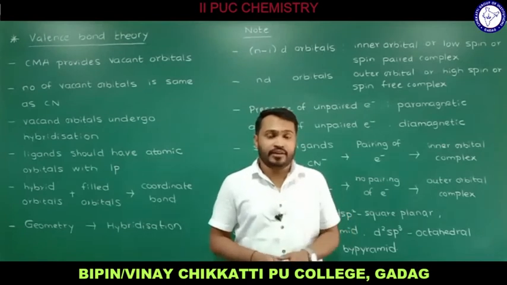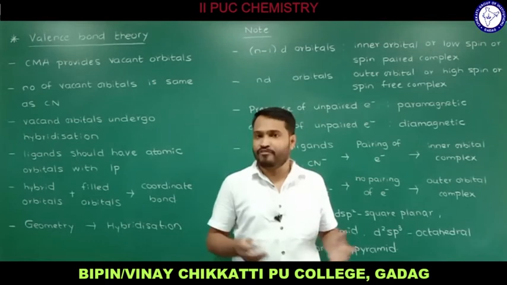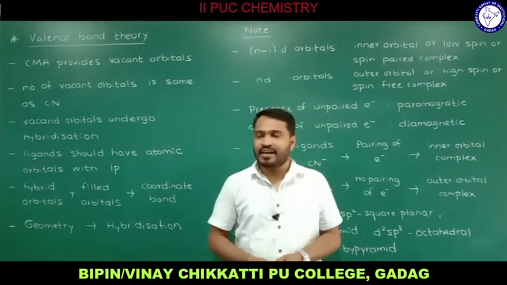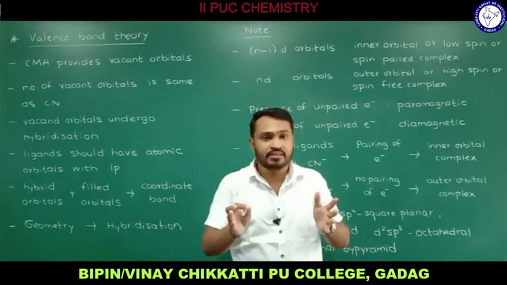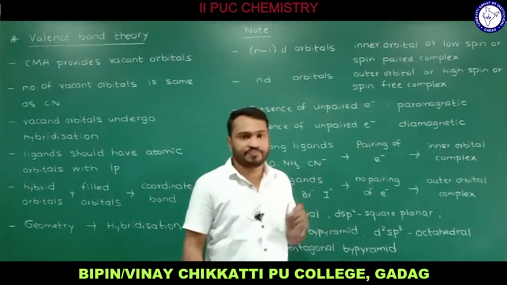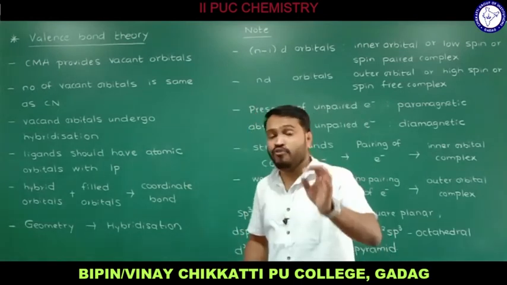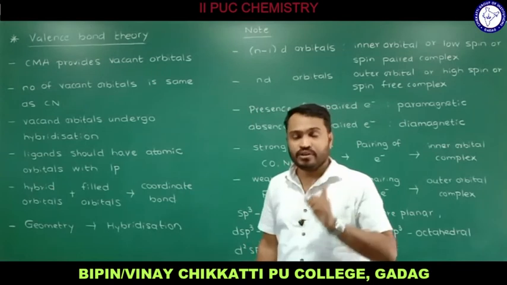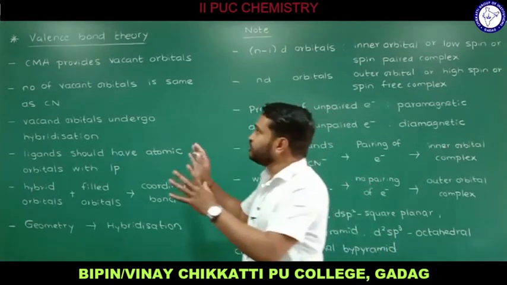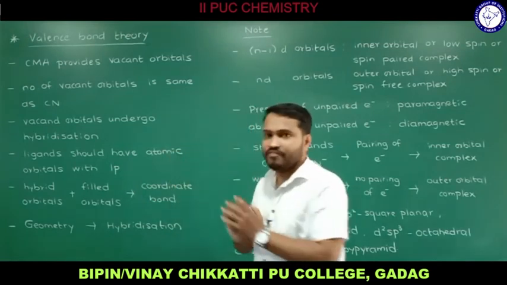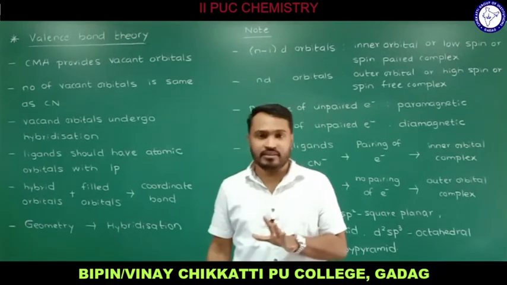The next theory of coordination compounds is VBT, valence bond theory. I have considered some postulates of that, and in the examples, I have mentioned the rules to be followed here. So we'll see first what the postulates of valence bond theory of coordination compounds are. Remember that this is VBT related to coordination compounds. The first postulate, in very short keywords: the central metal atom provides vacant orbitals.